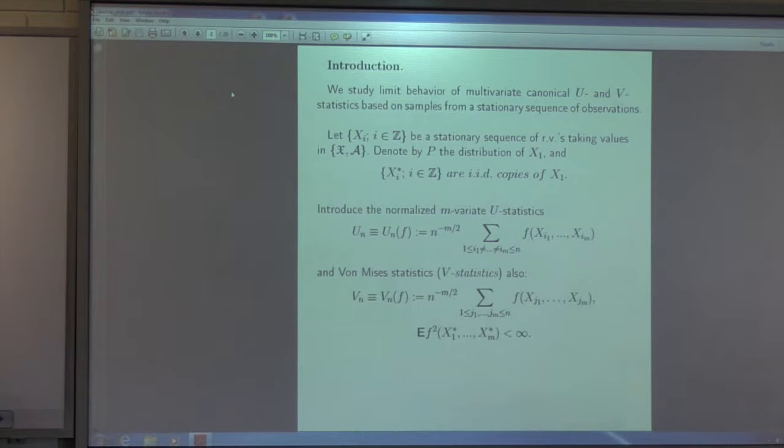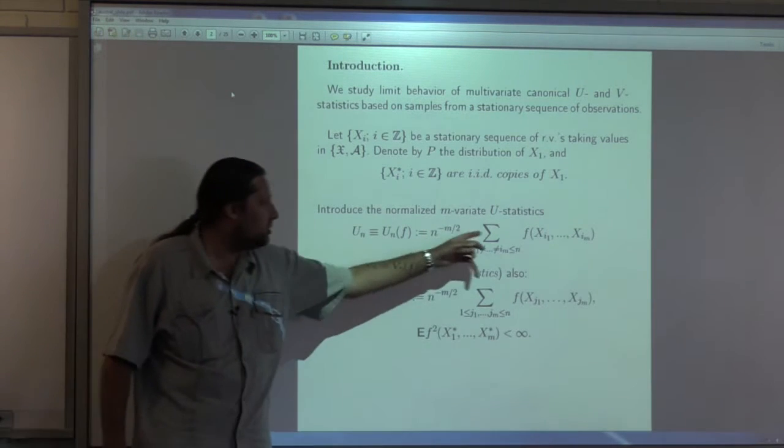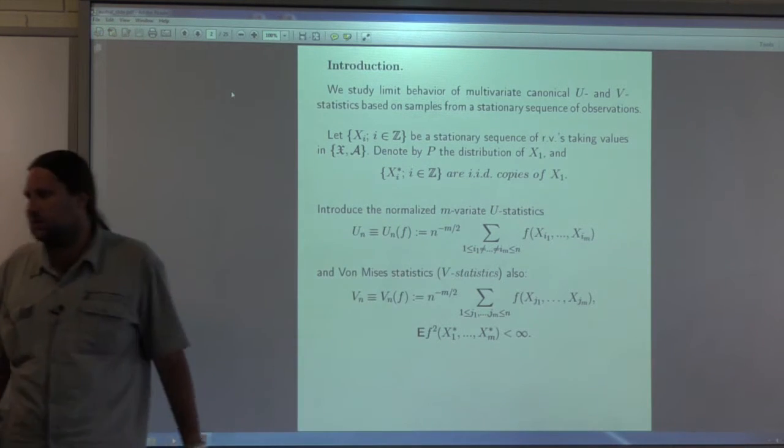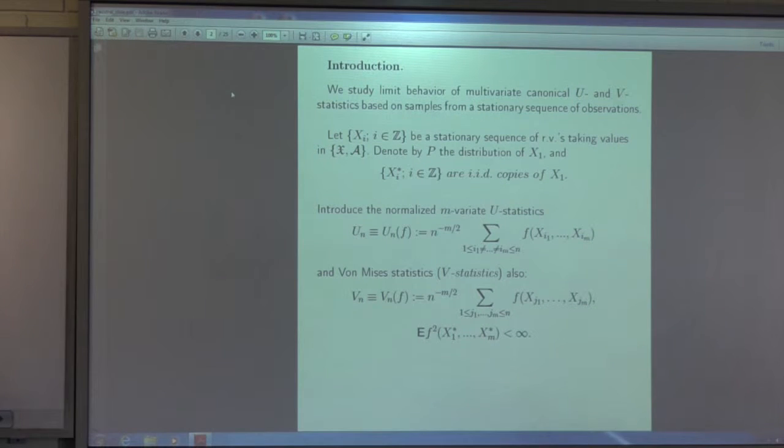So the difference between U and V statistics is in the domain of summation, because for U statistics all indexes must be distinct, and for V statistics, which are also called Mises functionals, we sum over all possible indexes. The approaches of deriving asymptotic behavior of these two types of statistics are quite similar. An approach which helps with, for example, V statistics will help with U statistics, and so in some sense I will mix these two types of objects together.